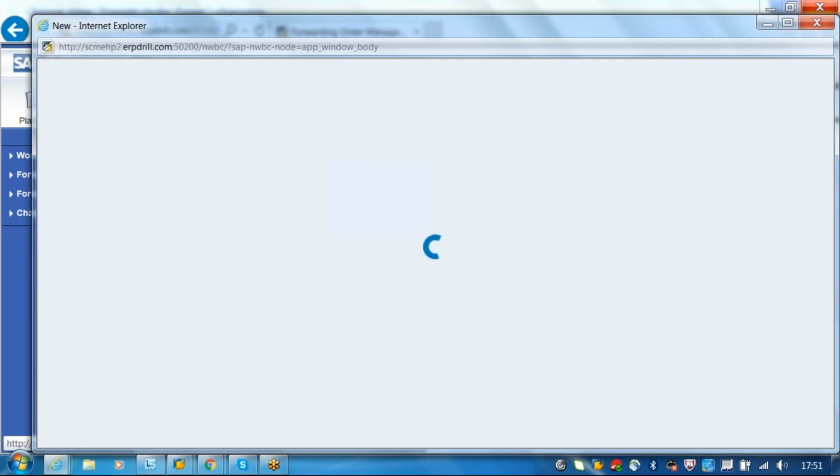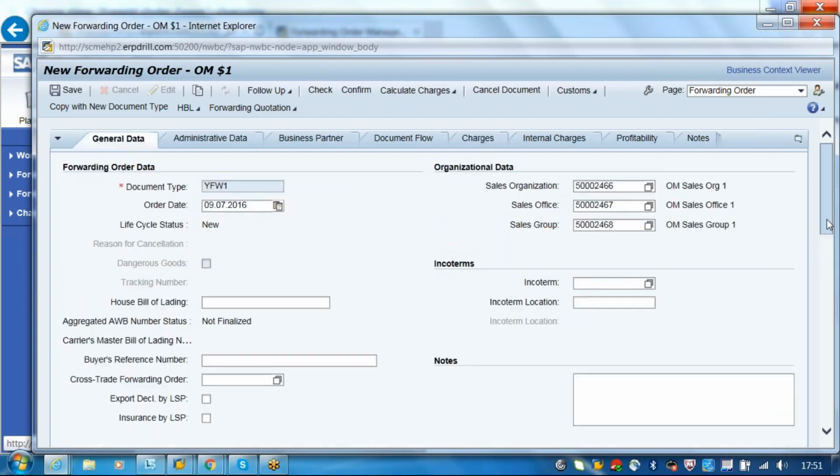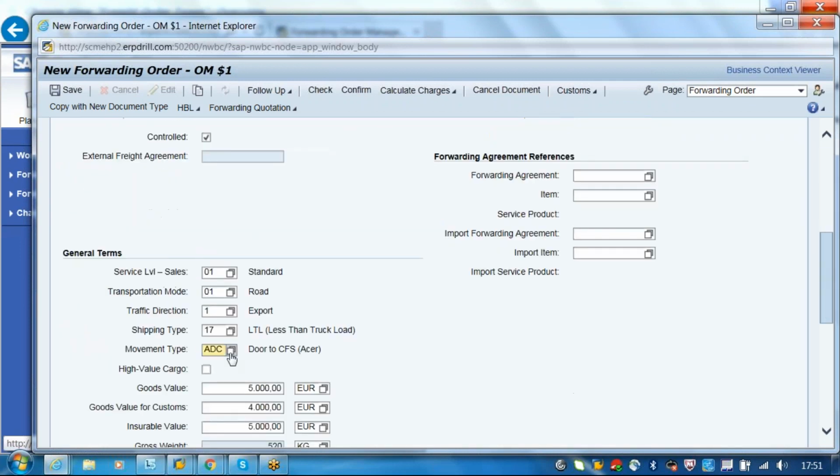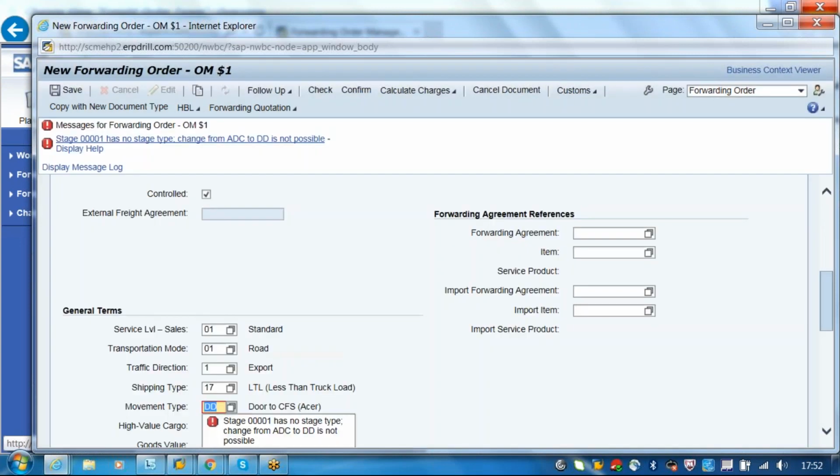So here what I'm trying to do is in the general data, I will put the movement type as 5, so door to door. So there should be some door to door which will generate 5 stages. Okay, so ADC is also possible, I think.